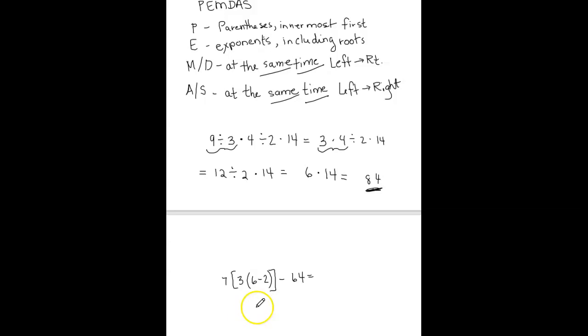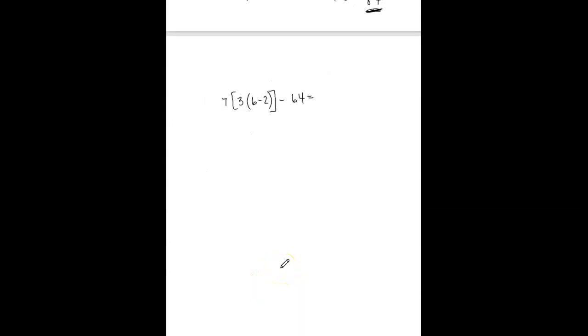All right. So now let me go ahead and scroll this up. We're going to take a look at our parentheses and deal with that and finish up what we're doing. Okay, so we said parentheses, we start with our innermost first. These guys here are inside this set of parentheses or this set of grouping. All right, so we need to do that first. All right, so here I'm going to have my 7. I'm going to bring my bracket down. I'm going to have 3. And then I'm multiplying that by 6 minus 2, which is going to be a 4. Minus 64